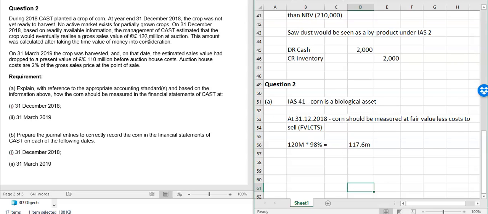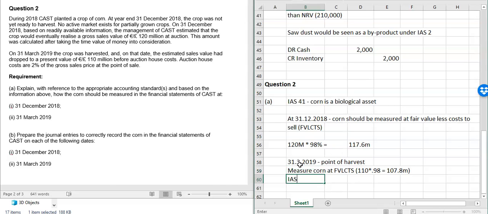Right? On the 31st of the 3rd, 2019, this is the point of harvest, similar to what we had in the last one. Measure corn at fair value less cost to sell, which in our case here will be 110 million times 0.98, because the market value has gone down, which is 107.8 million. And then the good student will say there's actually another standard that's relevant here as well, because it's going to be transferred to inventory. IAS 2 is now also relevant in March 2019,